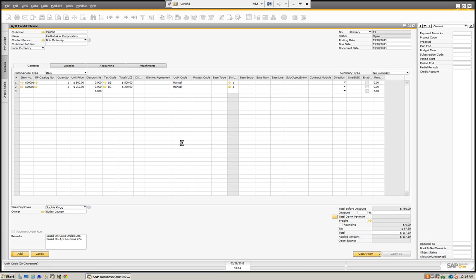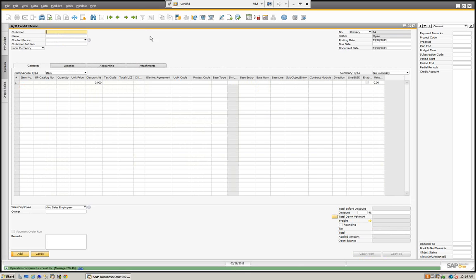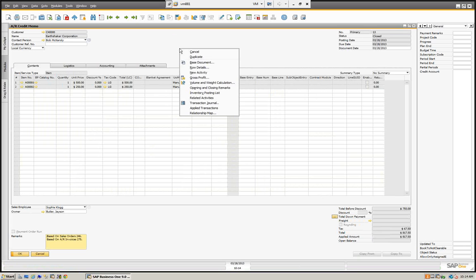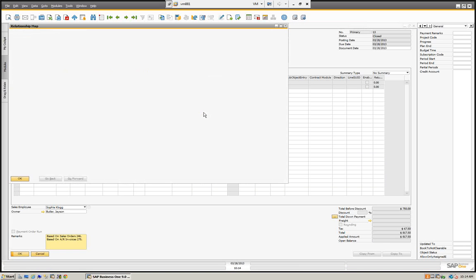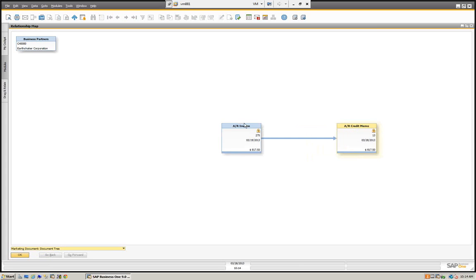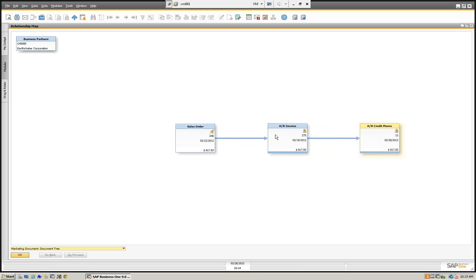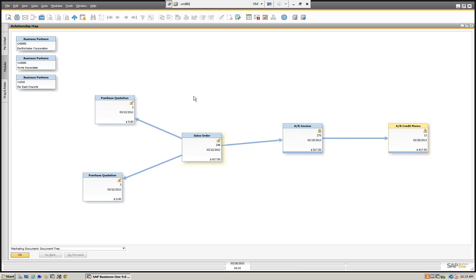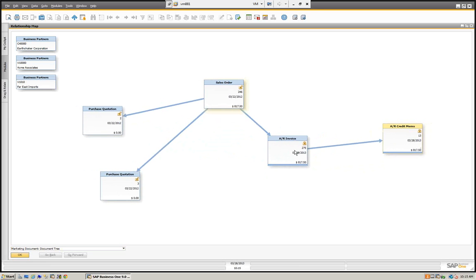this would be the concept of a system reconciliation. What we're doing is, when we're creating the credit memo, we're saying this credit memo belonged to that invoice, as opposed to us just creating the credit memo. If we right-click and look at the relationship map, you can see we have the credit memo being applied to the invoice. So here we see this link. We see everything involved in here. And this is a typical system reconciliation, because we can see how they're linked internally,